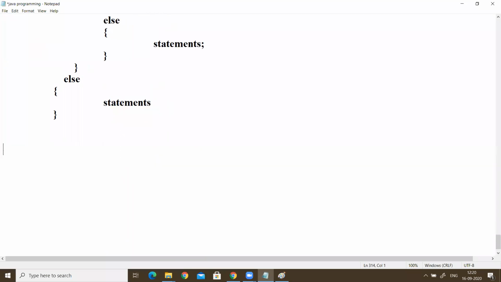Next in if conditions we have the if else ladder, or else if ladder. So how can we write this? Let's see the syntax. If the condition is true, then the statements will execute.